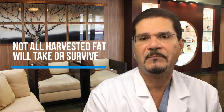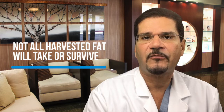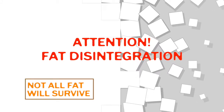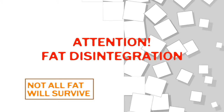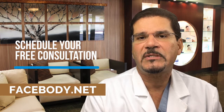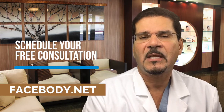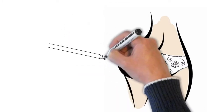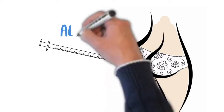It's very important to keep in mind that if we remove, let's say for example, 2 liters of fat from those areas that we discussed, those 2 liters, when we inject them, aren't all going to survive. There's a certain percentage of fat that's actually resorbed, meaning it doesn't take, it almost disintegrates. And there are different percentages that are reported by different studies, but what we try to do is overfill in certain areas. The reason why we overfill is that we expect anywhere from 25 to 30% of that fat that